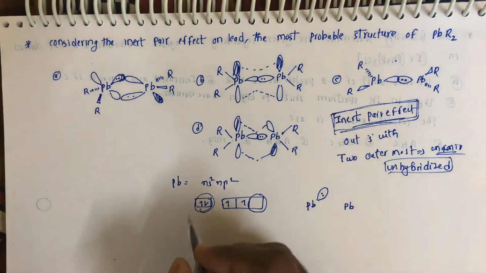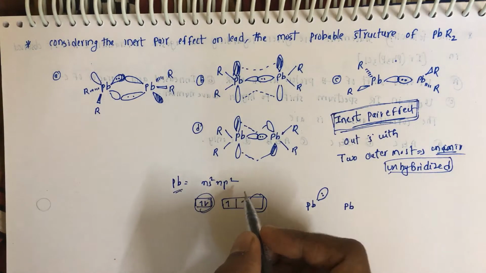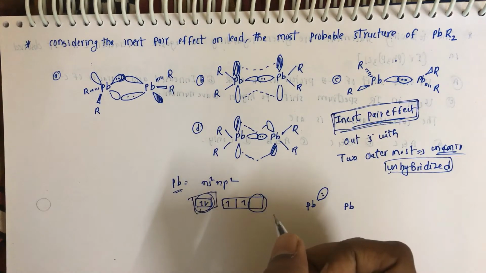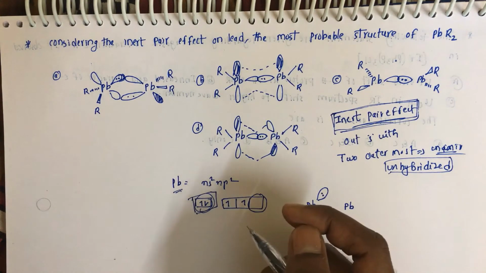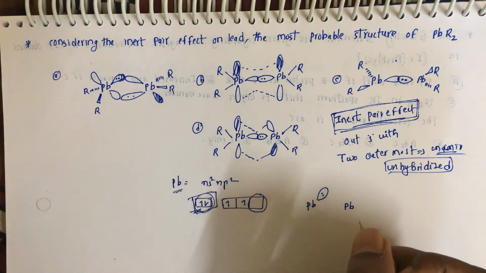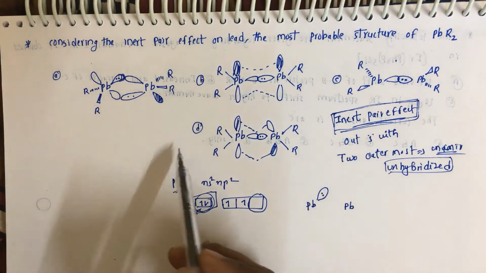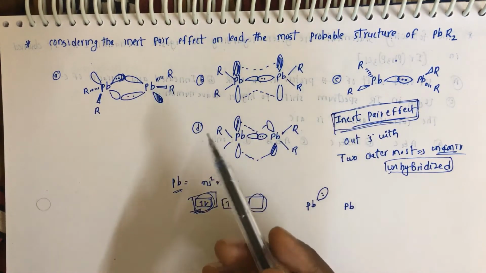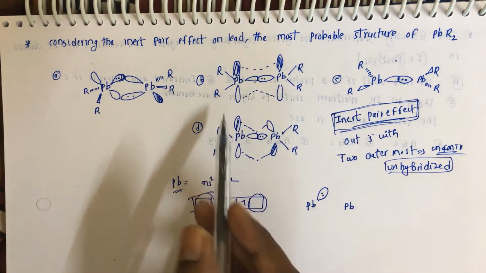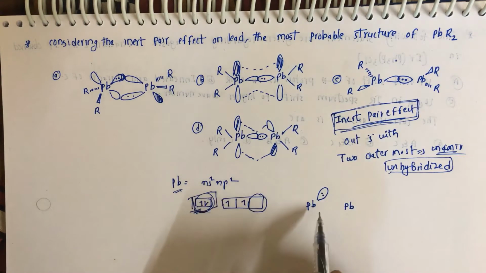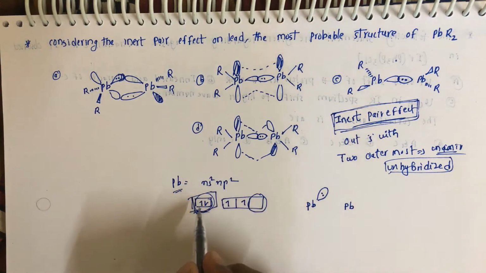So for lead, this means ns2 np2. Okay, this is the configuration. These two electrons will remain unhybridized. We can say that these are inactive electrons. Here in the options they have given a lead dimer, that means two lead atoms are there. So from this configuration we can make out that each lead atom must have one paired electron and